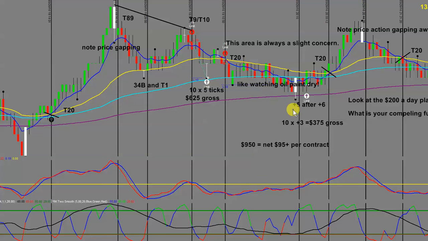It went down, it hit +5, I went to break even, then it started to pull up. And this is an area that I mentioned in recording video one, that I always get concerned when you can see all of your MAs converging. And we can see this here, all 4 MAs are converging. We ended up having a 200 and an 89 bounce here, and what usually happens here, we had a change in trend, and I got out at +3. That was still 375 on 10 contracts. That was 625. It's after brokerage, that's 950 or 95 per contract, just for 2 fairly quick trades on the